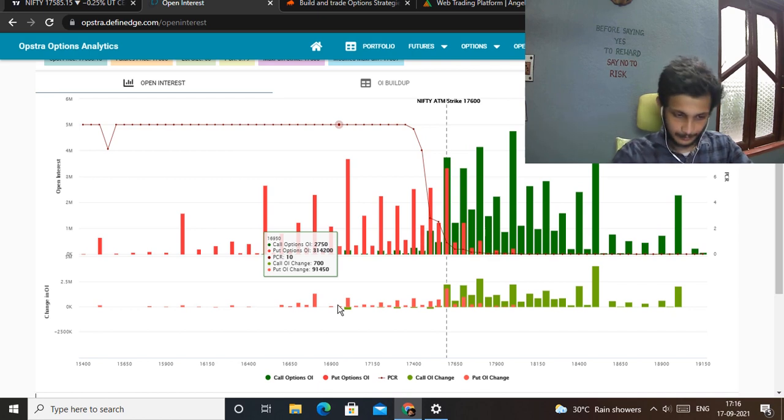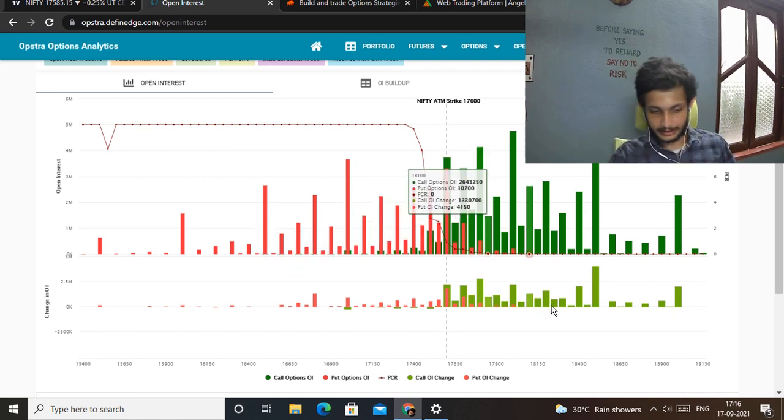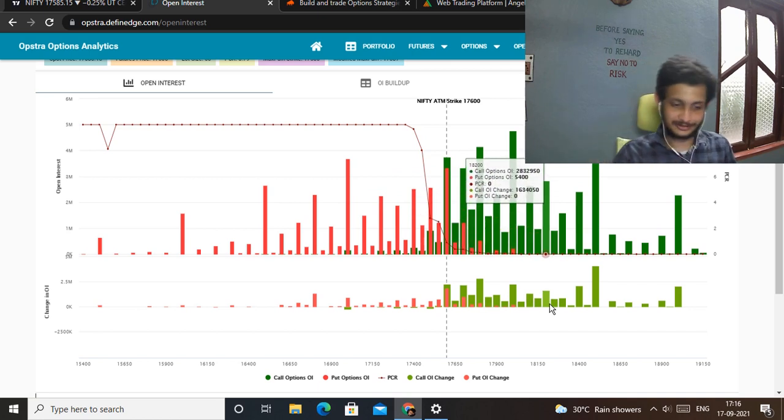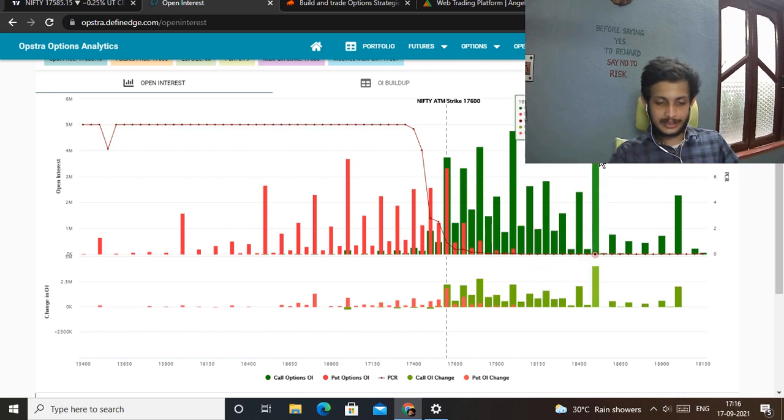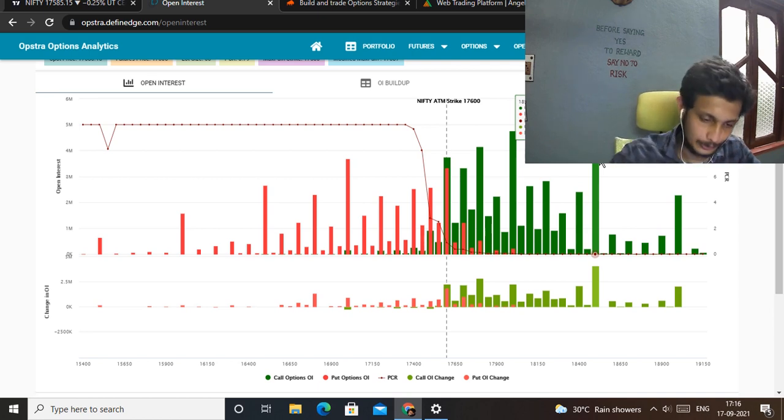Anyways, let's proceed. Now it's time to determine the upper boundary of this range. Where is the market going to get stuck on the upside? Again, most traders make this mistake: they consider that this is the strike price till which the market can reach, and right at this point the market will get resistance by 23rd of September. But it's an absolutely wrong concept.